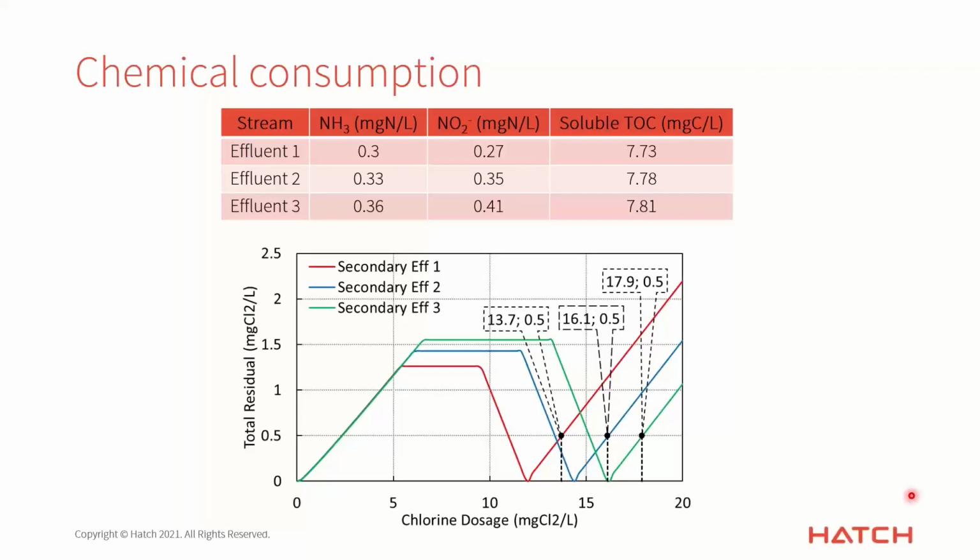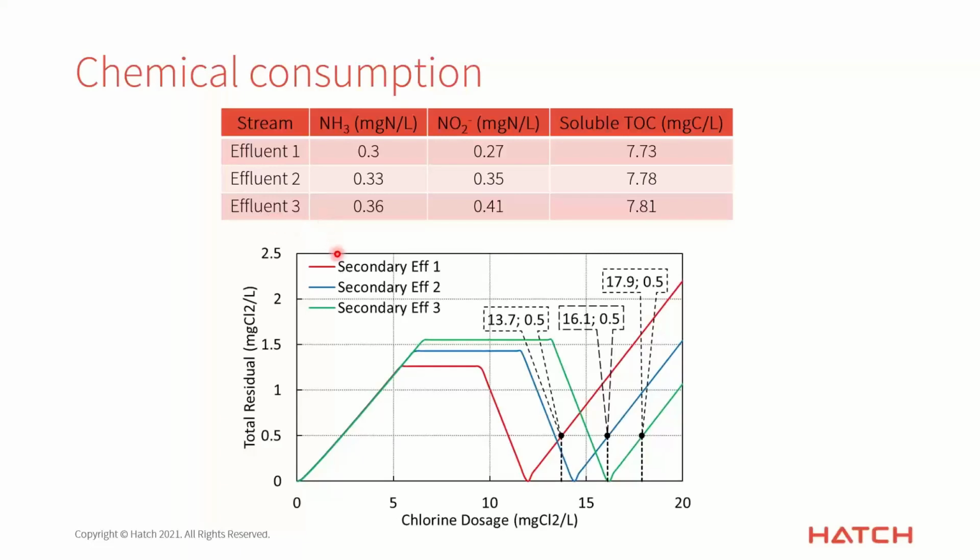All right, so finally, I'm just going to briefly discuss chemical consumption and how the model can be used to estimate it. In this example, I did not consider dechlorination just to simplify the analysis. All this is just done on chlorine consumption. Basically, I considered 3 different secondary effluent streams, all with slightly different characteristics. You could say that from effluent 1 to effluent 3, the stream characteristics get a little worse in terms of water quality. I wanted to evaluate how much chlorine would need to be added to each of these streams in a chlorination basin to achieve a 0.5 milligram chlorine per liter residual.